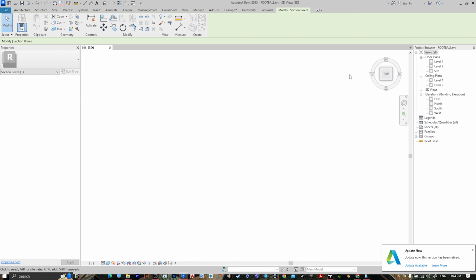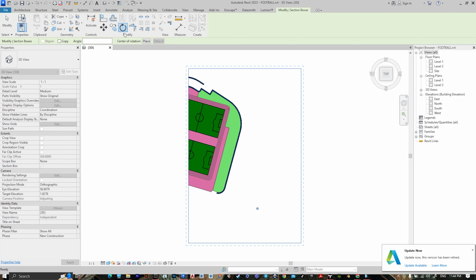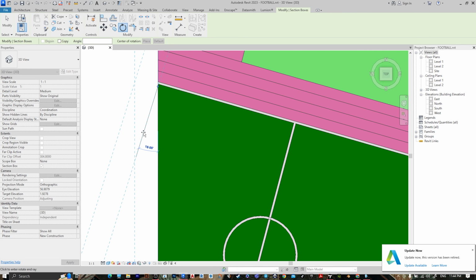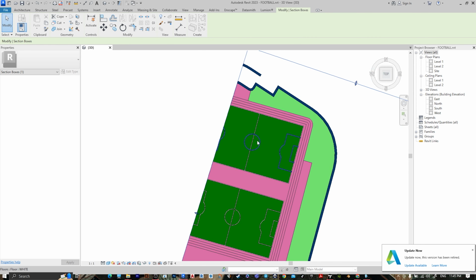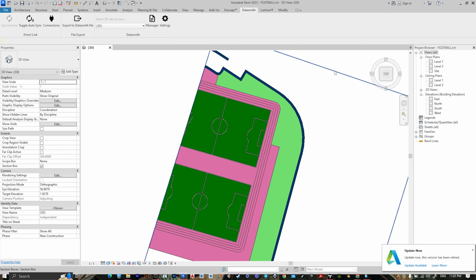go to top, select the section box, go to rotate, go to place, select your first point, I want it from here, and the second point I want it from here, and let's make it like this, and it will look like this. You rotate your section box, then go to Twinmotion,